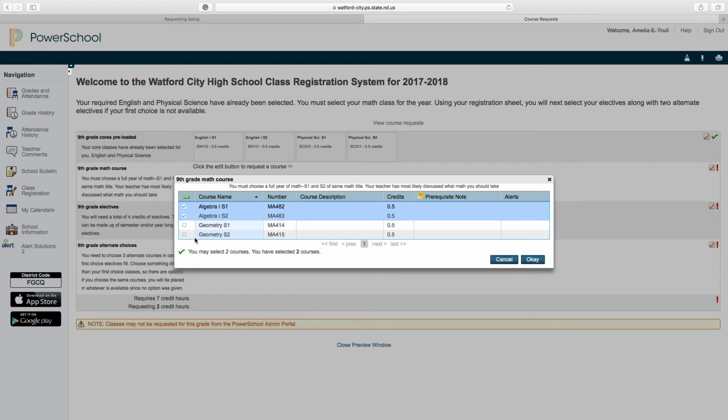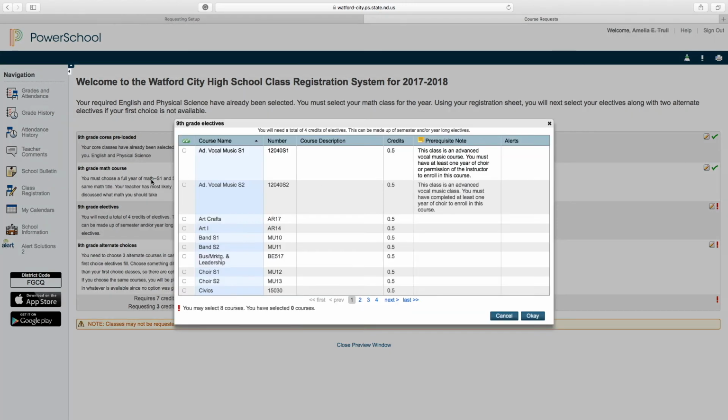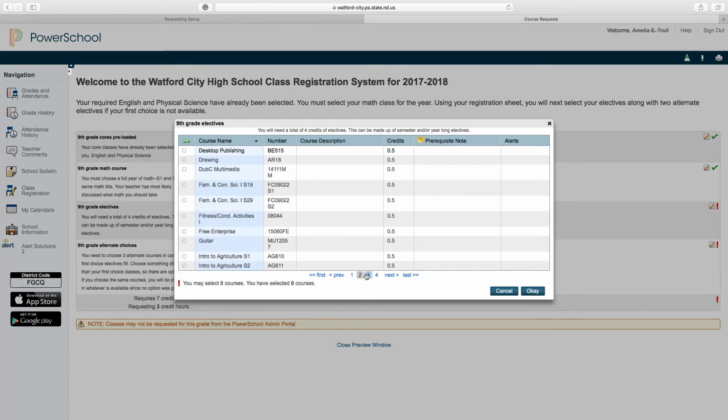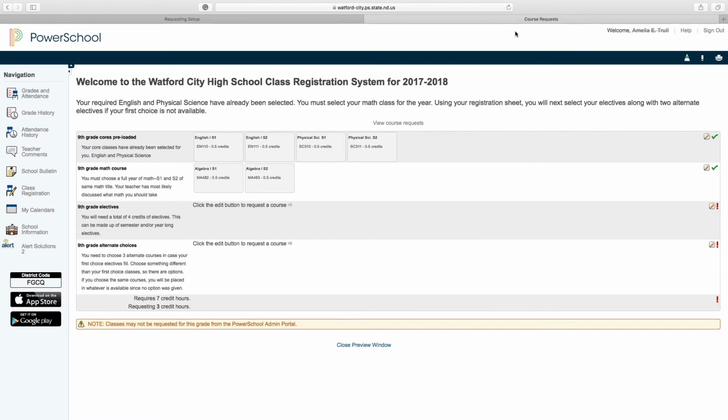You see this turns to a green check mark, meaning you've done what you're supposed to do, and you can go okay. Then you'd go to the next exclamation point, edit. You'll see here it's 9th grade electives. Click on the pencil, and you'll have pages and pages and pages of electives that are offered to your grade level. For instance, I'm going to cancel out of this